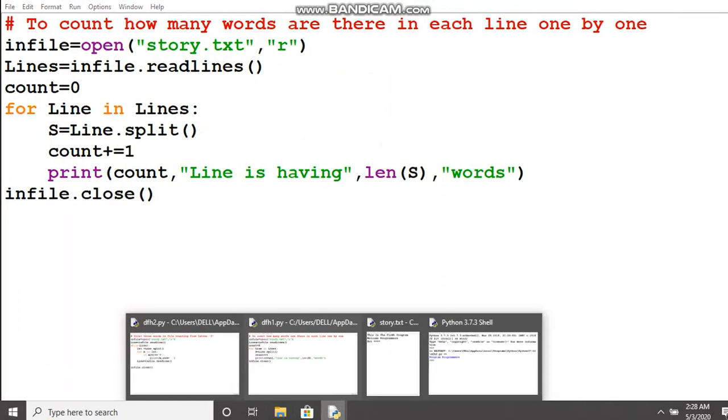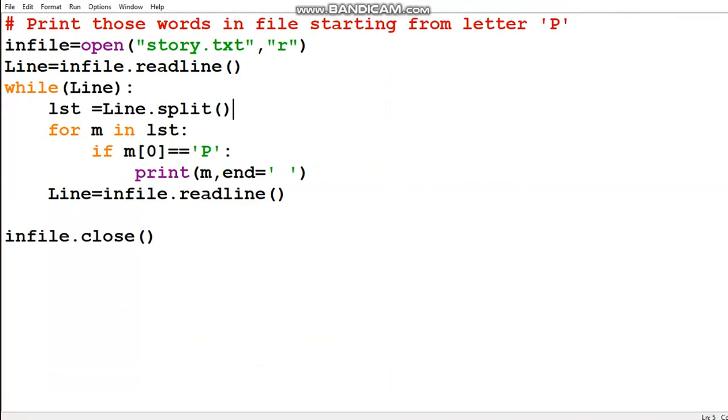You can see I have used a while loop somewhere, a for loop somewhere. So which loop will be better for you depends upon the requirement, at which step of the programming. So these are a few solutions of various file handling programs of text files. This way you can do more programming, and you can create more questions yourself.